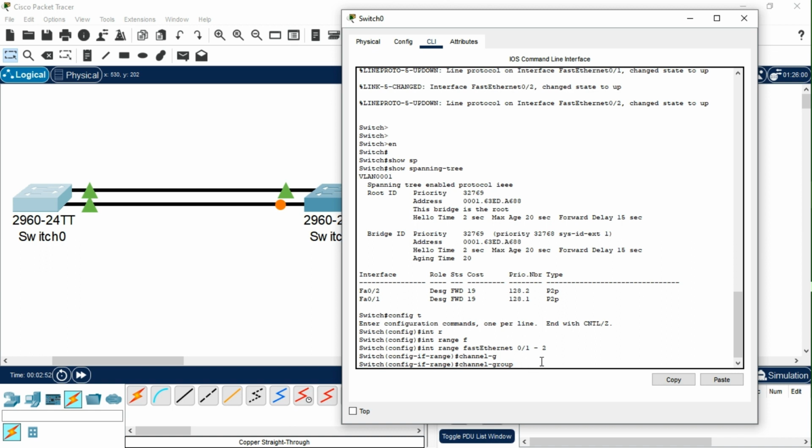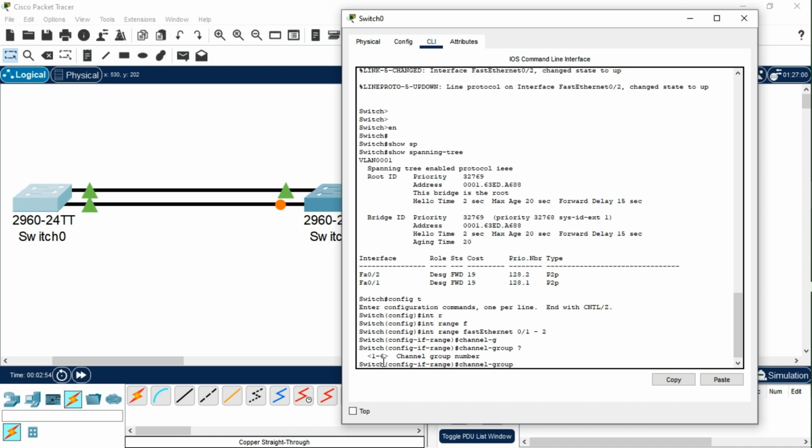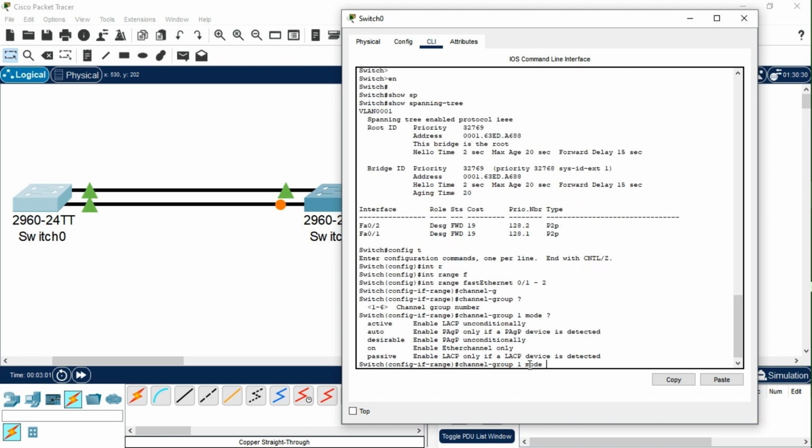You have different options. If we click question mark, you can see you can create a total of up to 6 channel groups. So we're just going to go ahead, channel group 1. We're going to go to mode, and here I'm going to put the question mark, apples to apples. If we decide to pick the